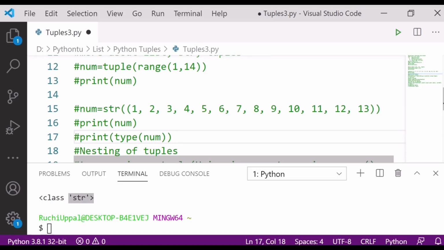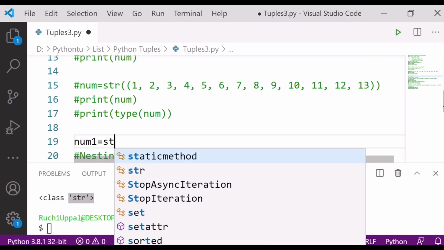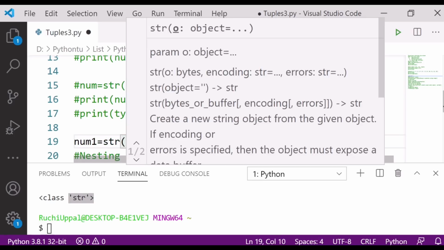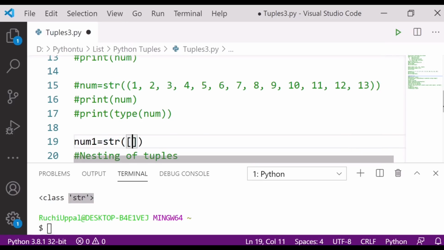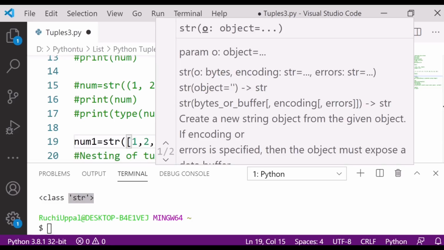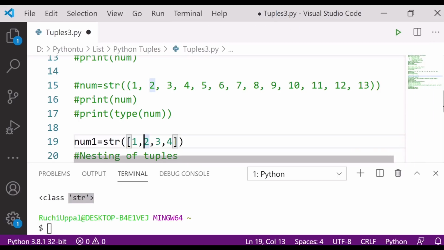Let's see what will happen if I create here number 1 is equal to string. Then I will create the list inside it, 1 comma 2 comma 3 comma 4, that's fine. So I am creating this value over here.